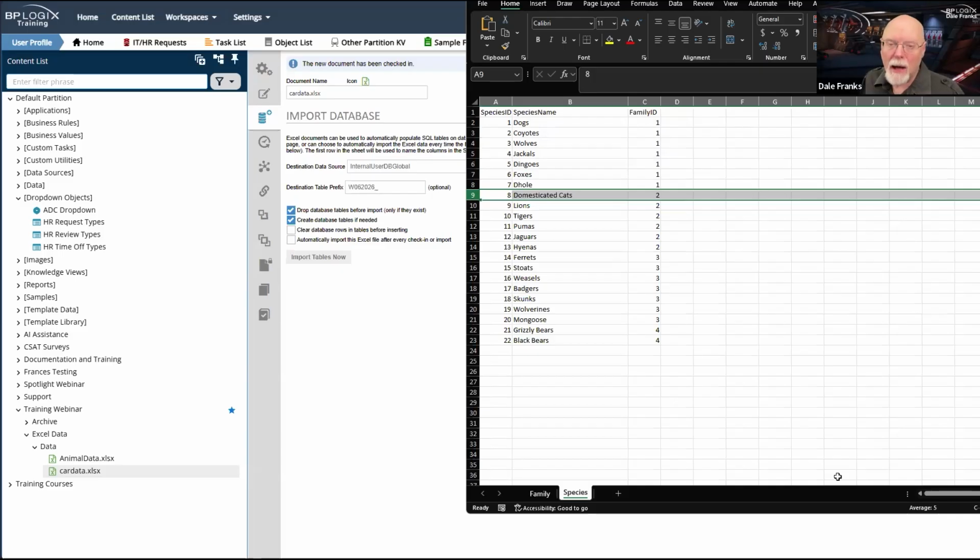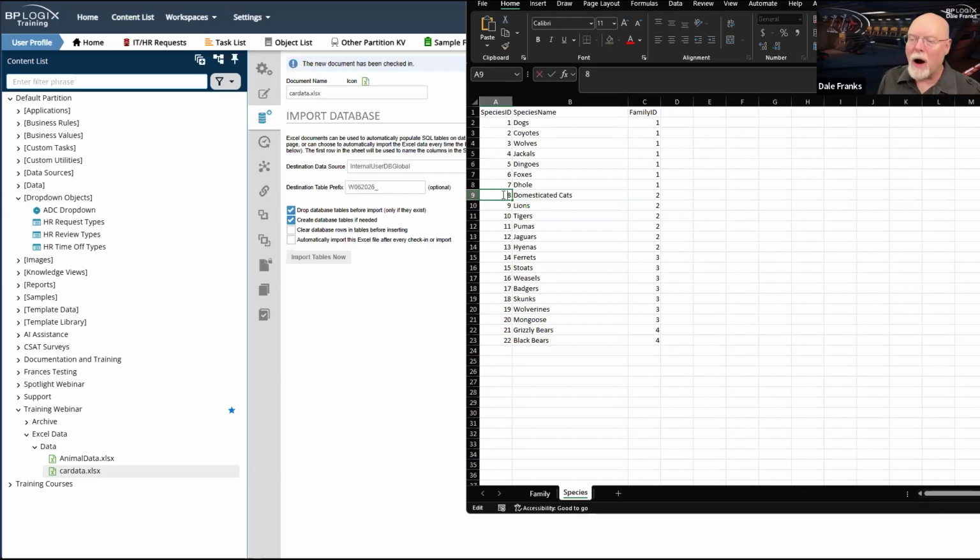I guess I can do that, but I still have form instances where people have picked domesticated cats, and that value no longer exists as an option in the dropdown. Now, it does exist in the form. This value was saved. In most cases, the value of that form field will be 8, and the display text will be domesticated cats. So the value will exist in the dropdown, but of course, it's now orphaned.